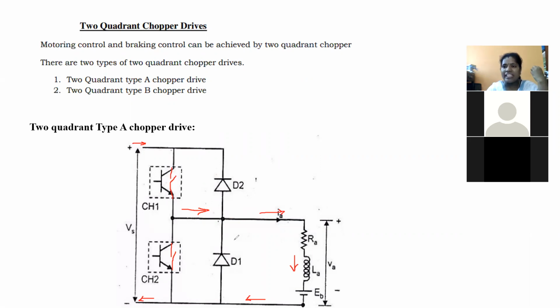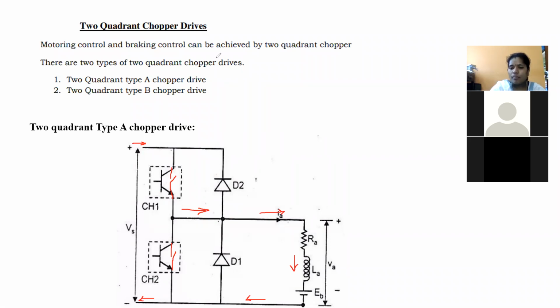So next, when chopper 1 is in off condition, what's the work of inductance here? Again, is it going to absorb the energy or going to deliver the energy? What is the basic property of the inductance? Storing, madam. So inductance is an energy storage element. So whenever the charging is complete, that means whenever the absorption is completed, then it has to deliver the energy. So whenever chopper 1 is in off state, the inductance has to deliver the stored energy.